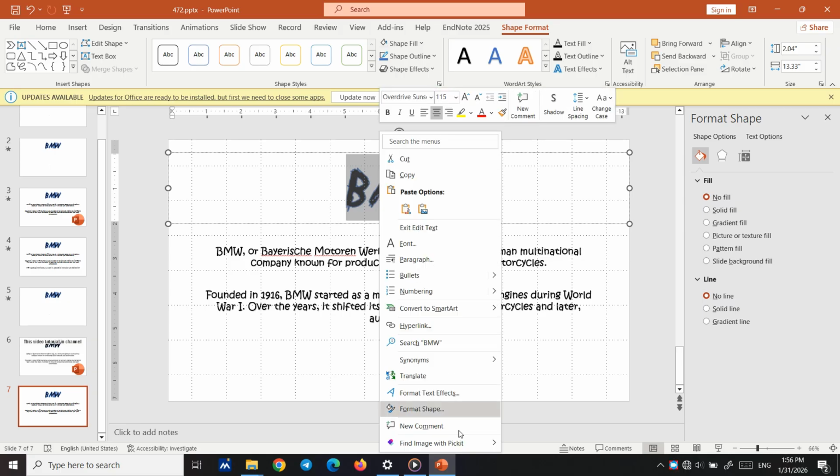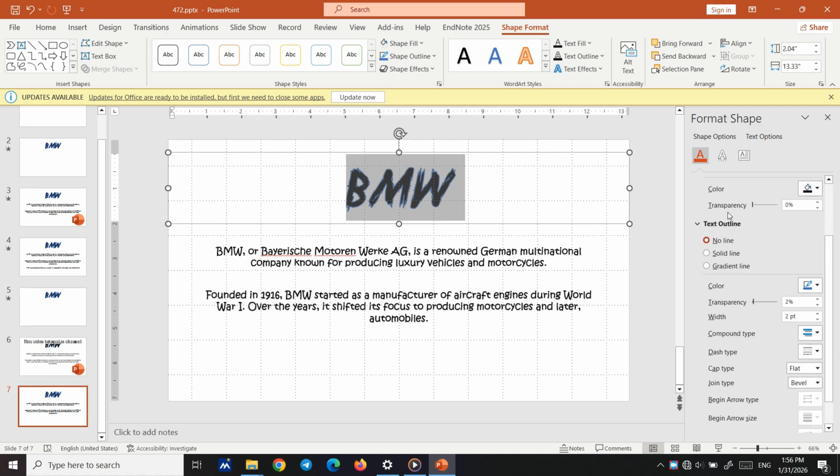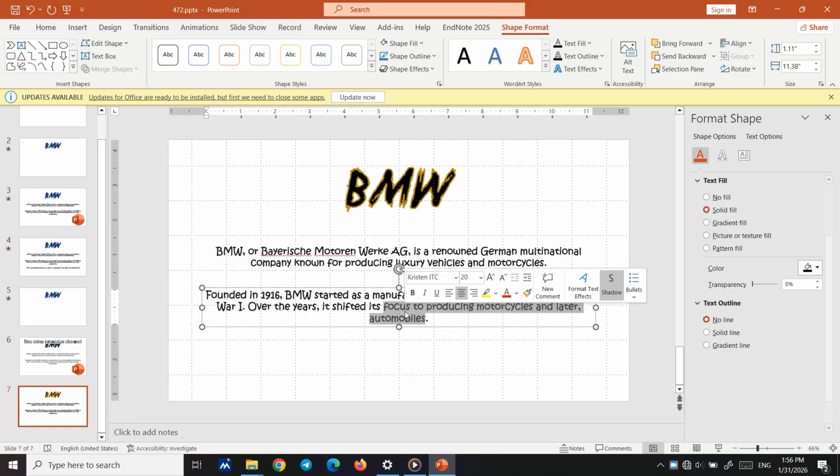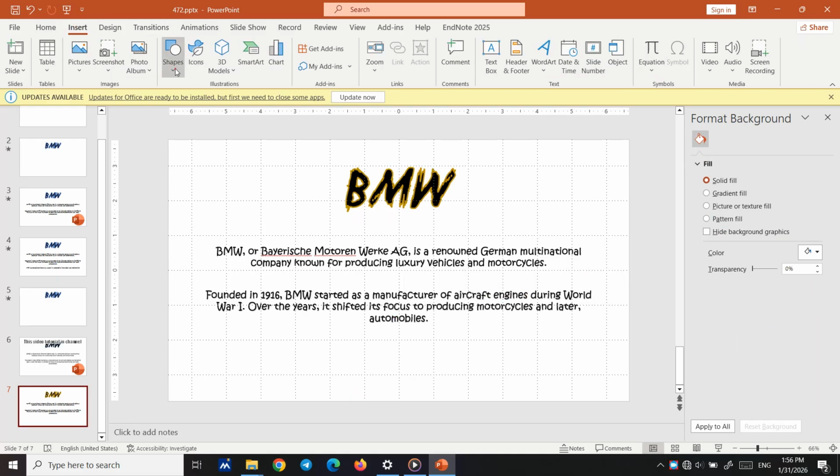The difference here is that when you format the shape, here in the text options, you see the text outline. I gave it a solid outline of the color I want, with the transparency I want, and also with the width I want. Something like this. Okay, now we need to insert